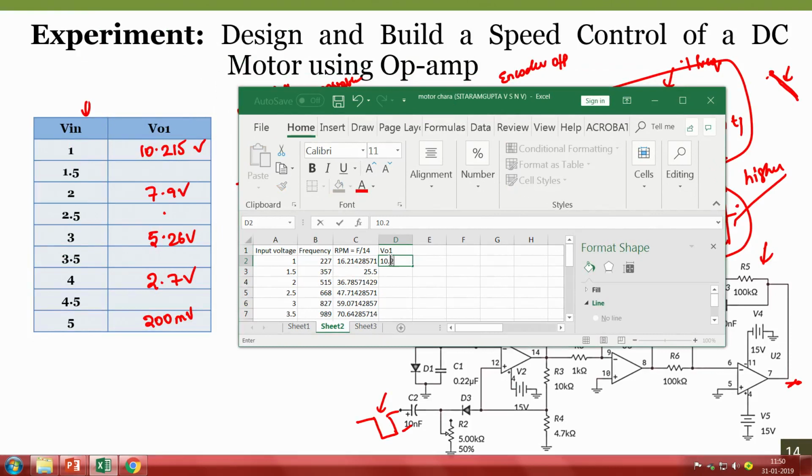We got 10.215, then for 2 volts we got 7.9, for 3 volts 5.26, for 4 volts 2.7 volt, and for 5 volts 0.2 volt.